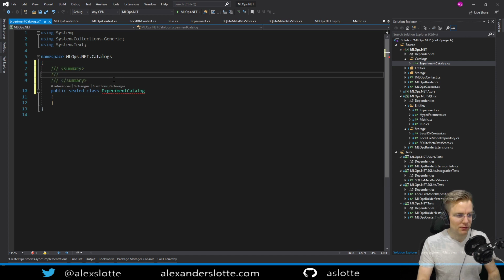And we'll give this an XML summary comment here. Let's call it exposes actions or methods. Let's see. Operations, that's a good one.